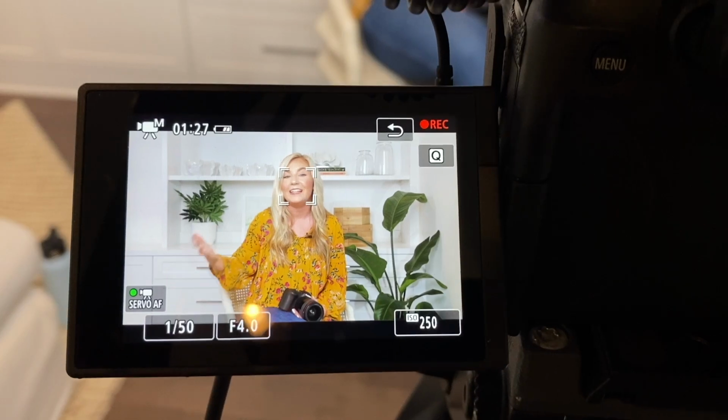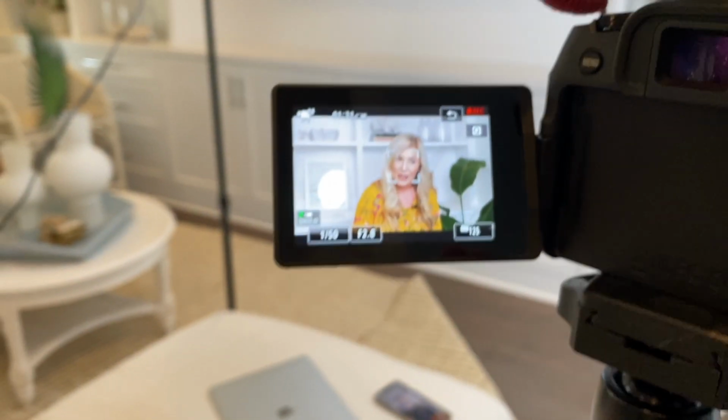And basically all you need to know about dual pixel autofocus is right now, you can see on the screens, you just tap on the face and it does face tracking and I believe a little bit of eye tracking. But all you need to know, it's super sticky. You just click on your face, and right now we haven't even clicked on it. It's just finding my face, it's finding Hope's face, and it's sticking to you.